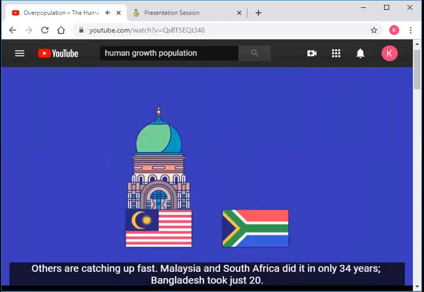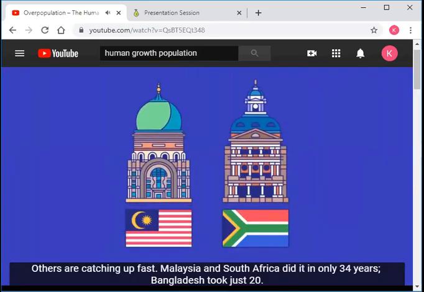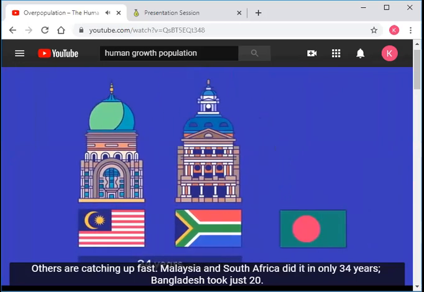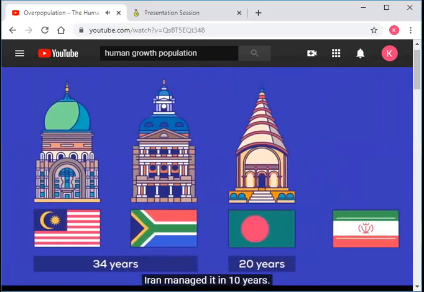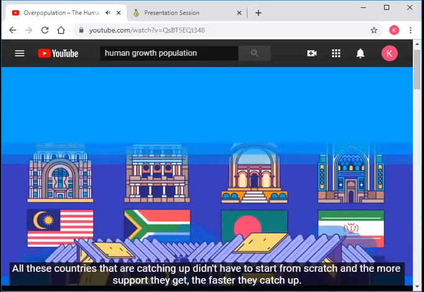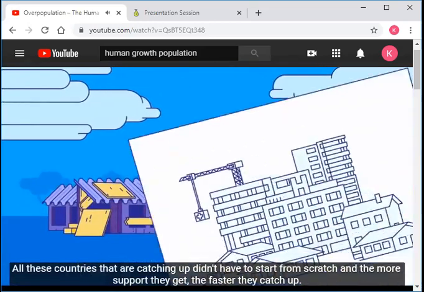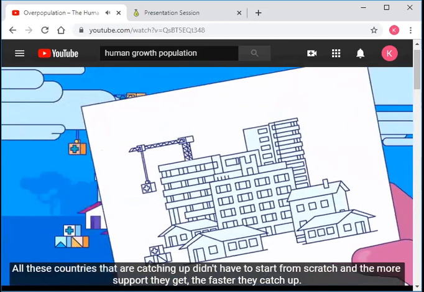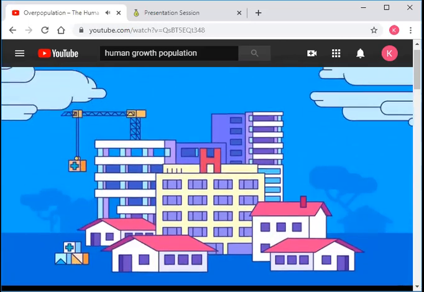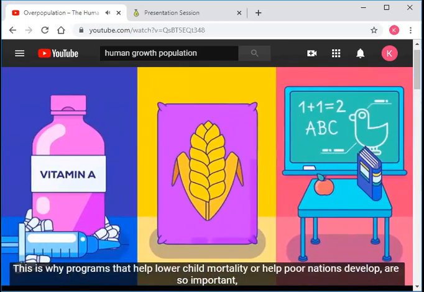Others are catching up fast. Malaysia and South Africa did it in only 34 years. Bangladesh took just 20. Iran managed it in 10 years. All these countries that are catching up didn't have to start from scratch, and the more support they get, the faster they catch up. This is why programs that help lower child mortality or help poor nations develop are so